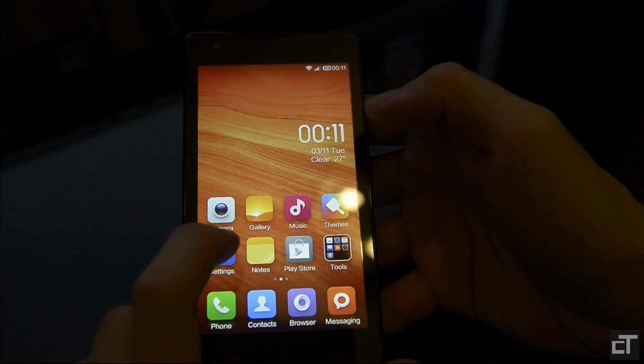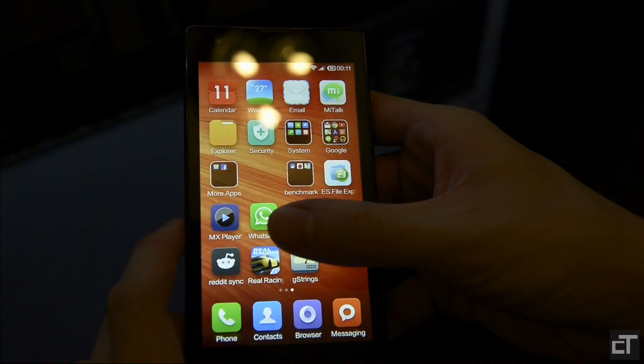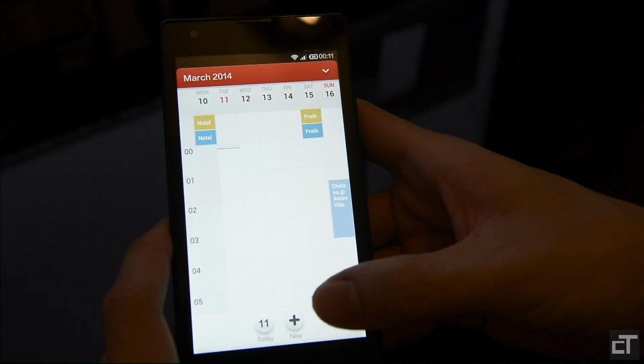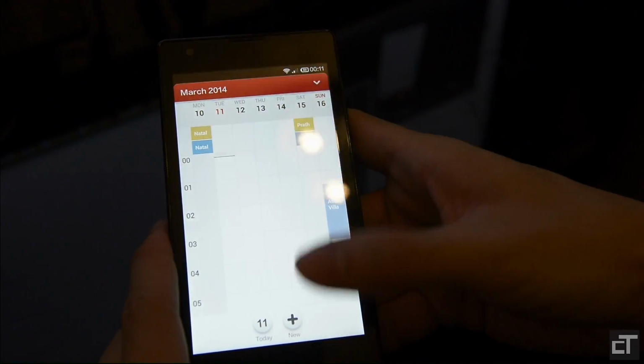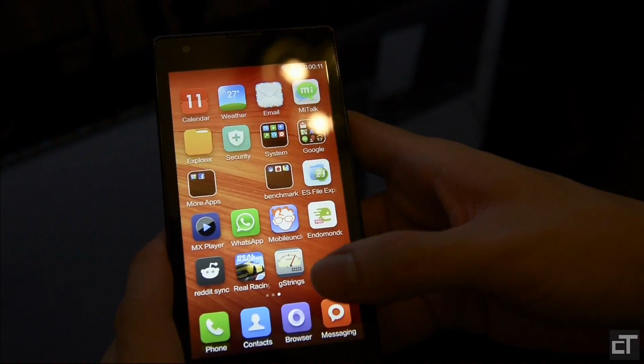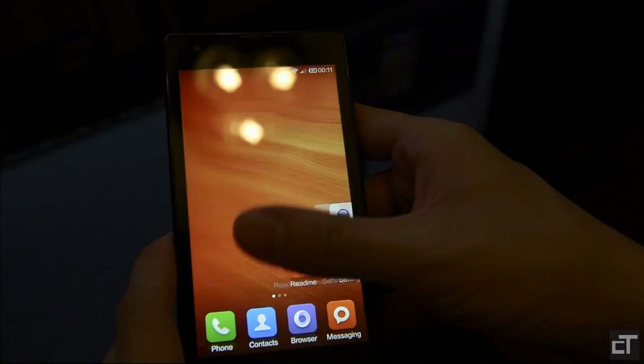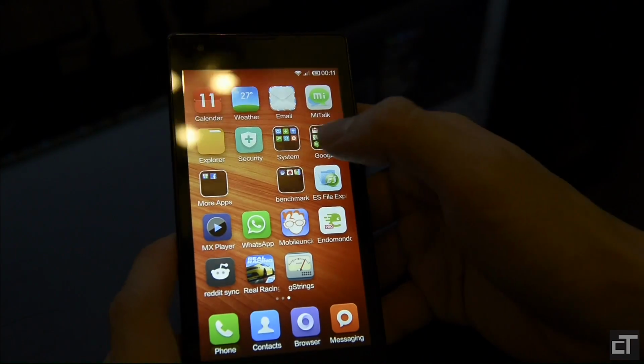About the music app, the rest of the apps are basically the same thing, just slightly themed differently, in their own style. And that is about it for their apps. Now I want to show you the